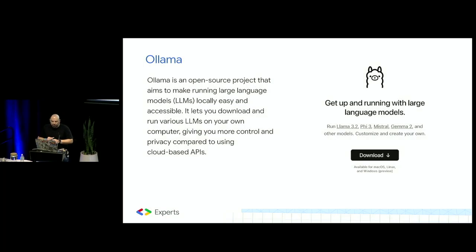Another one of my tools, I guess, that's good for experimentation, is Ollama. I will close with this actually, because this is an open source framework that allows you to download and run open source models on your own device without needing to go to the cloud or actually deploy something. It's a great tool for exploring, learning, and testing. And it's also very useful if, for whatever reason, you need to run a large language model that is disconnected entirely from the internet. So I would highly recommend it.